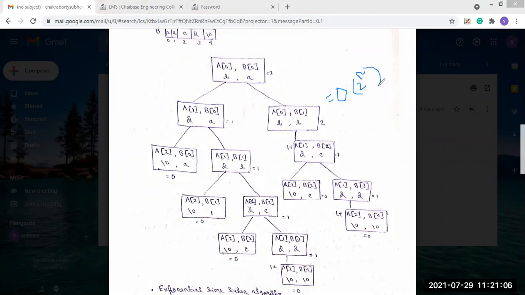So this is how we performed the tracing tree. In this recursion, it is an exponential time algorithm, and its complexity is in the order of 2 to the power n.